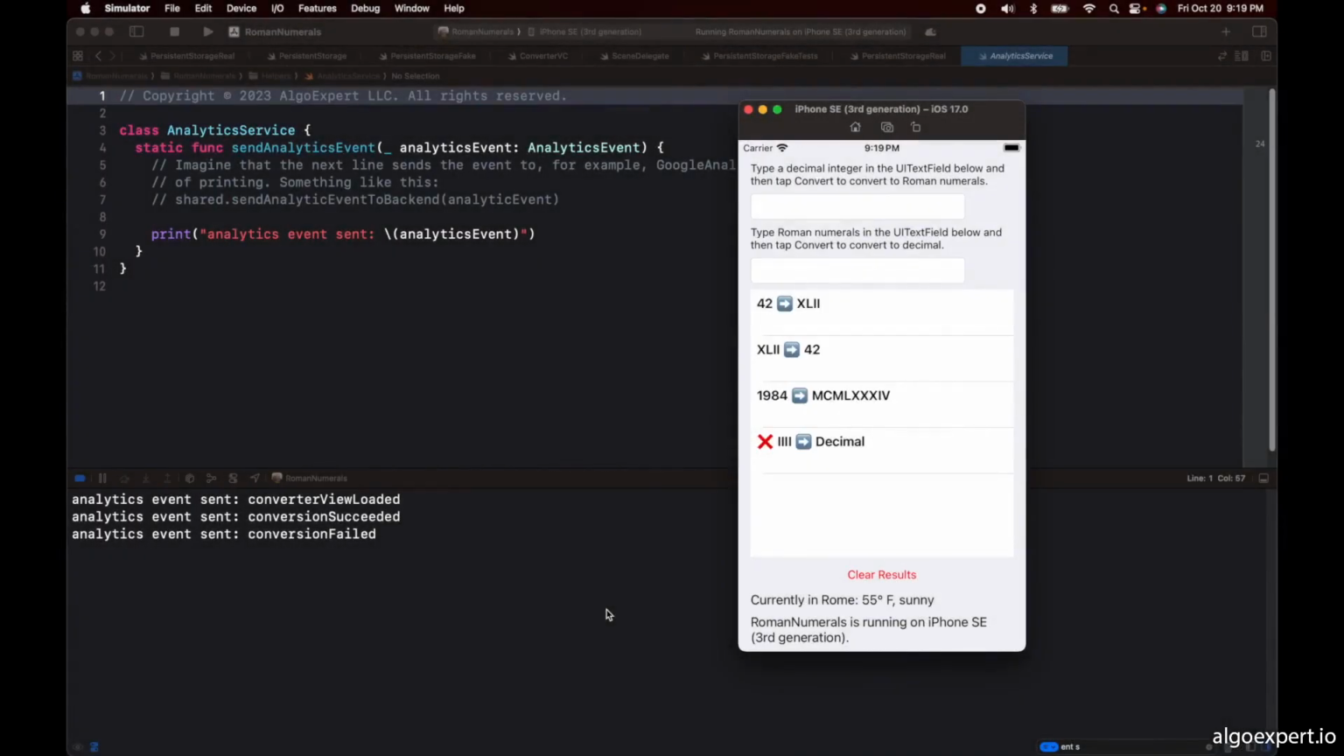The fourth depend effect is AnalyticsService. ConverterVC, Converter, and WeatherRequester use this class to inform an imaginary analytics backend of converter view loading, conversion succeeding or failing, and weather requester failing or succeeding. In a real app, there would be a real analytics backend like Google Analytics, but AnalyticsService just prints the